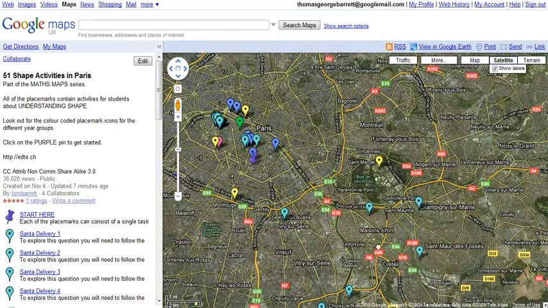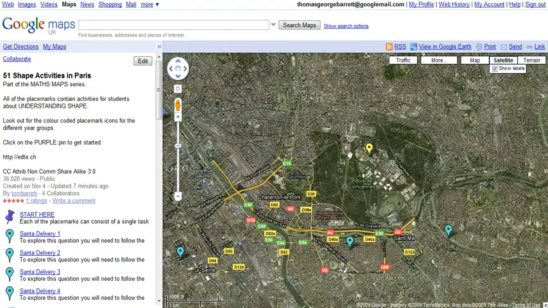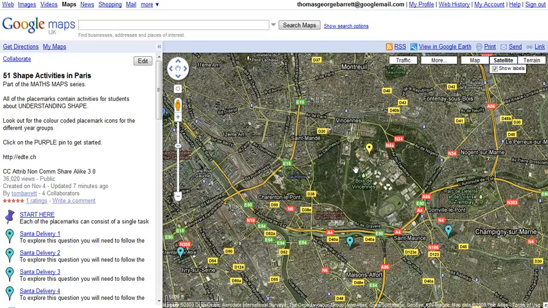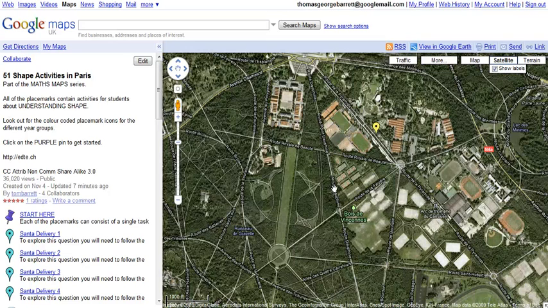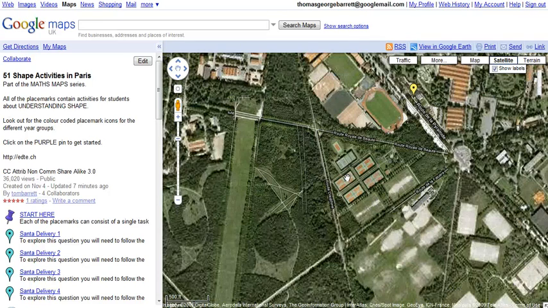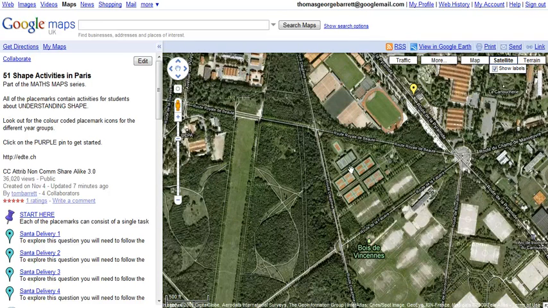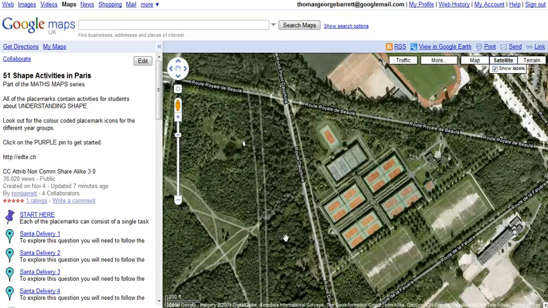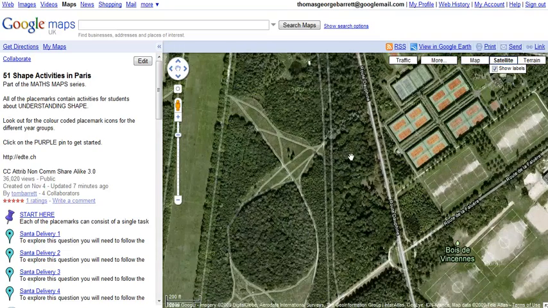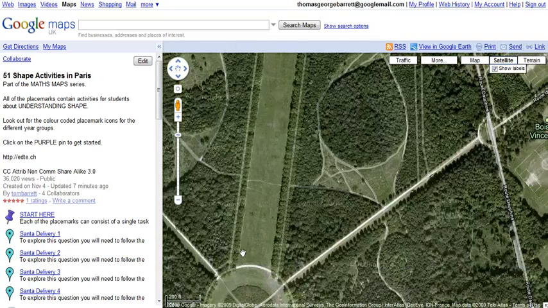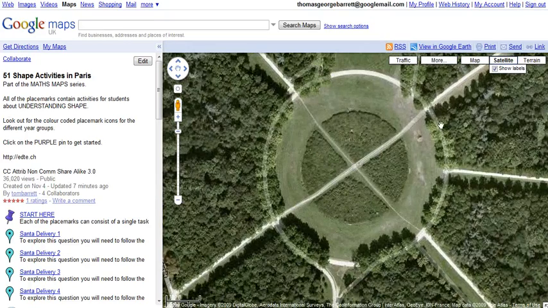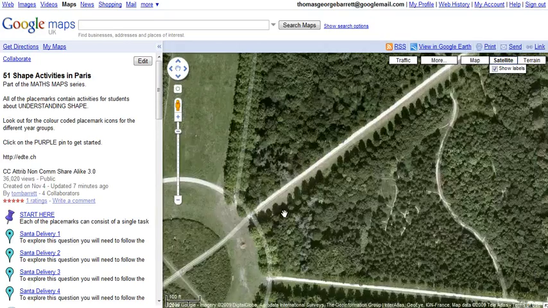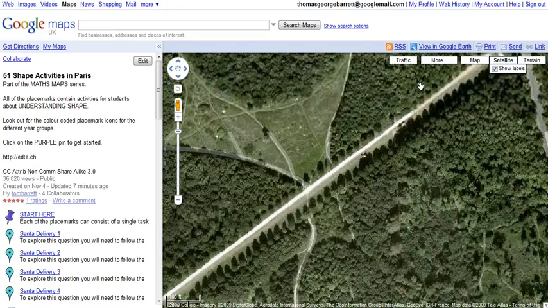So obviously the idea is that you just look around the area, you look around the city or the location, and I know that there's a set of tennis courts down here at the Bois de Vincennes, which is worth adding an activity about shape to. But you can see as you move around the place that there's loads of different shapes from the air that you're able to spot. For example, down here you might be able to add something to do with fractions of different shapes and stuff. So let's go across to our